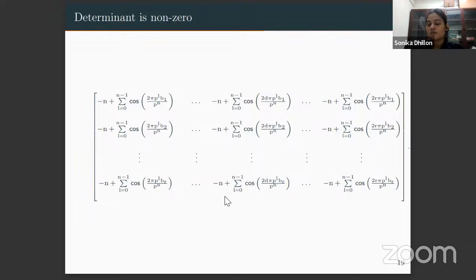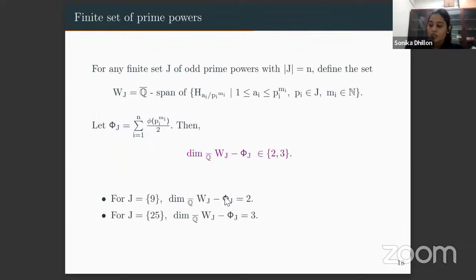So the determinant of this matrix has to be non-zero, and hence the numbers that we have found turn out to be linearly independent. And then we have shown that these are forming a basis. Another thing is that, like for the digamma function, we have shown that psi of a by q, where GCD of a comma q is equal to 1, those numbers are linearly independent only when GCD of a comma q is equal to 1.